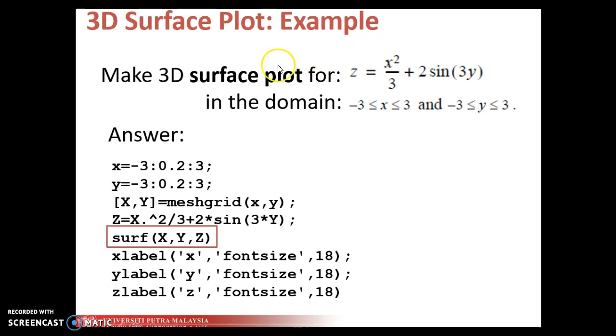Alright, let's look at an example. You have this 3D surface plot, and you are required to plot this 3D. This is the domain of the plotting. So first we define the x and y, and then here we do meshgrid. We'll be creating a grid for x and y. Then after that,